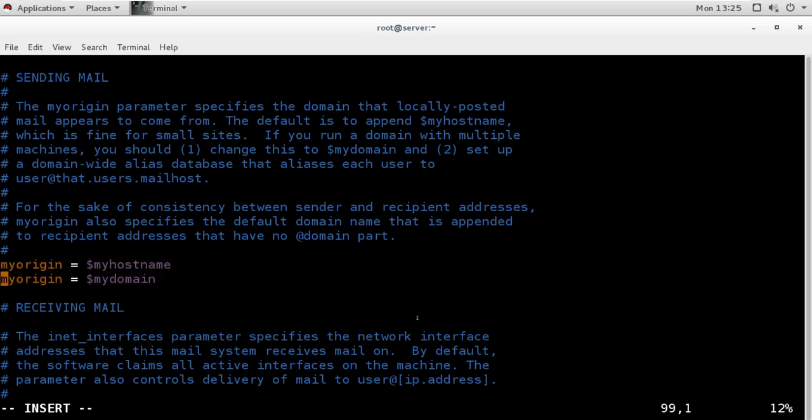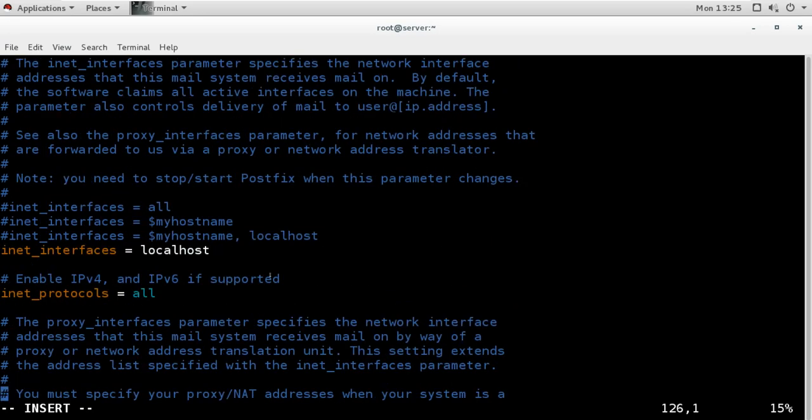After this, we'll go down. Now here, the option on line number 116 says inet_interfaces is equal to localhost, and that is why it is listening only from localhost, only on 127.0.0.1. If I want to accept the mail from other sources, I have to change inet_interfaces. Suppose I want to accept mail only from my domain example.com, I will use the variable mydomain here, or I can use myhostname.